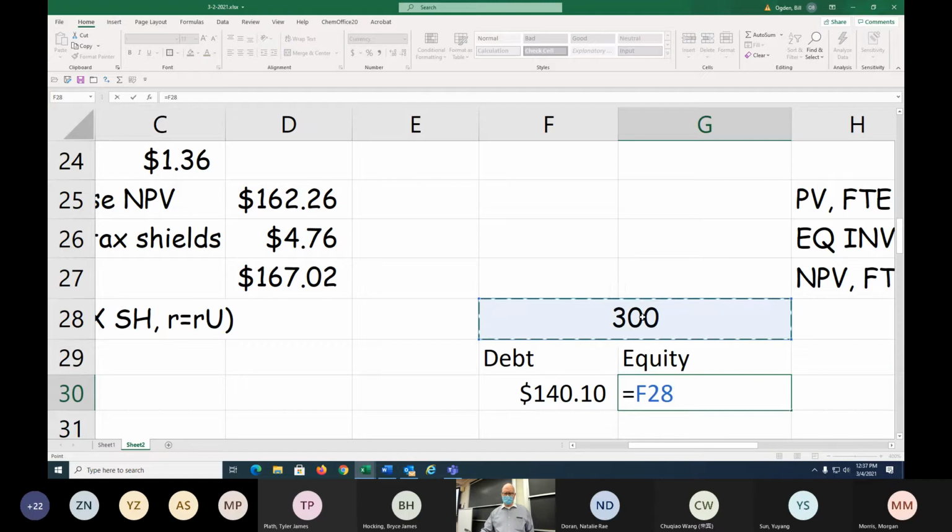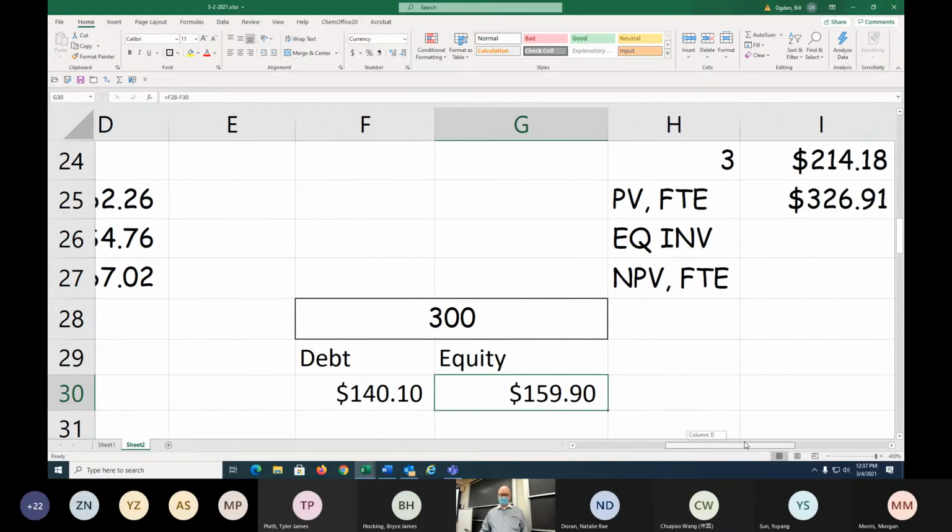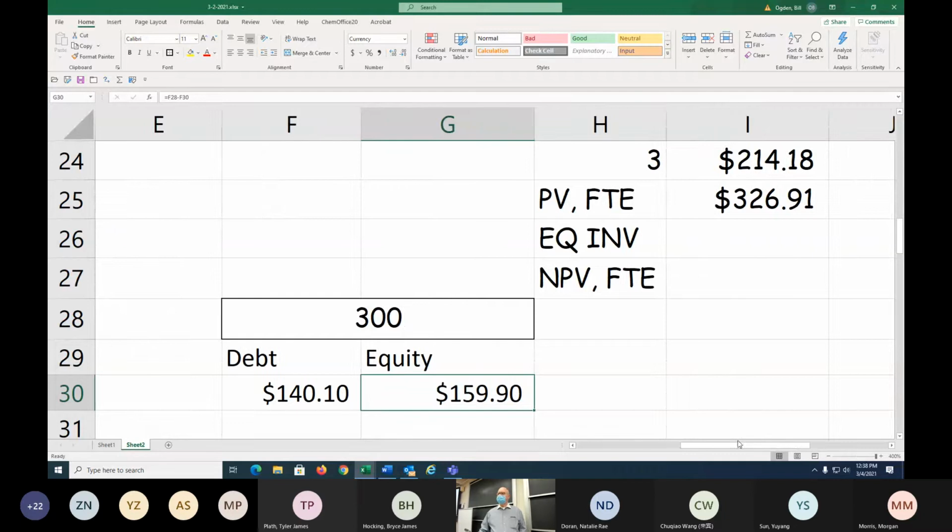I'm not sure this works. Let's try it. I guess it's a cell still, even though it's merged, it's still a single cell, so I guess you could do that, yeah. All right, so let's come back over here. So here's what's happened. The shareholder invested $159.90 in this project. I can't highlight this, why can't I? Who knows? Okay, well, anyway, $159.90,